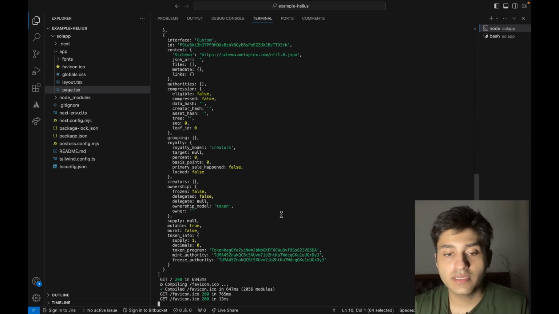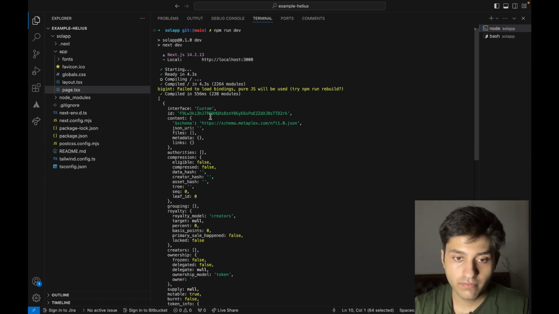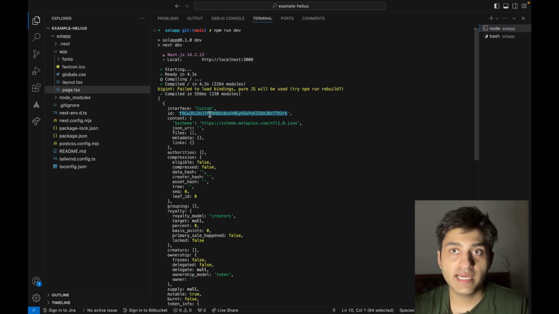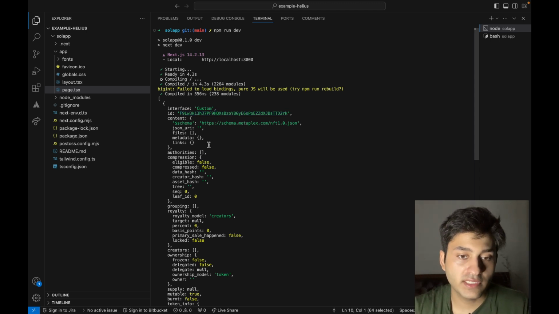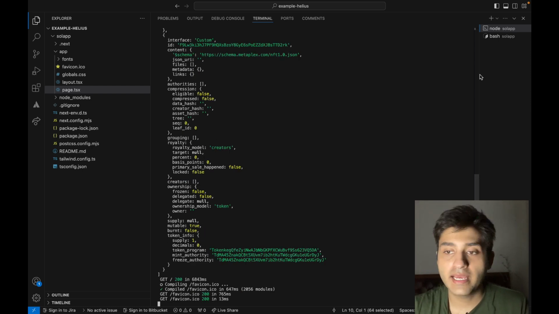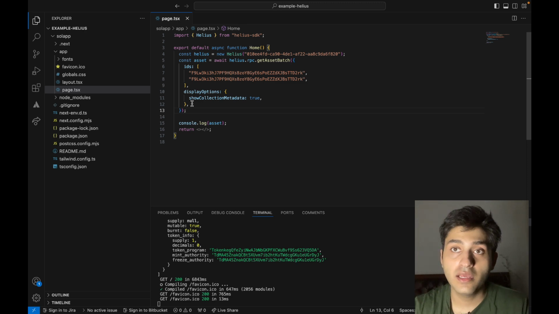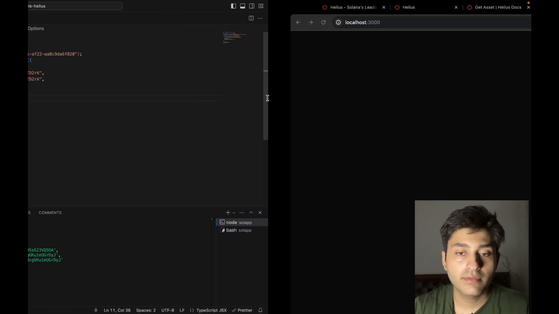And you can always use the ID value, which is given over here, to match which asset it actually belongs to, which is always going to be a unique ID. And there's all this information, and once again, as I said earlier, you can filter the kind of data that's displayed or returned by modifying this object, which is called display options. Now let's go ahead and move on to the next method,